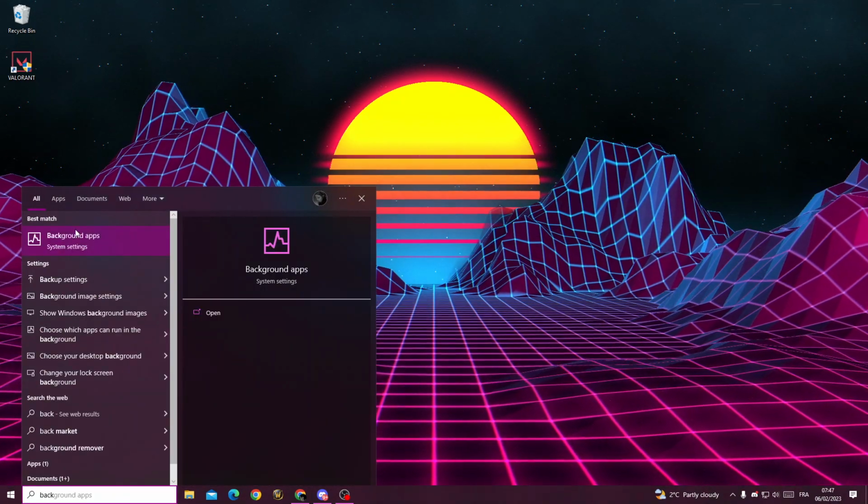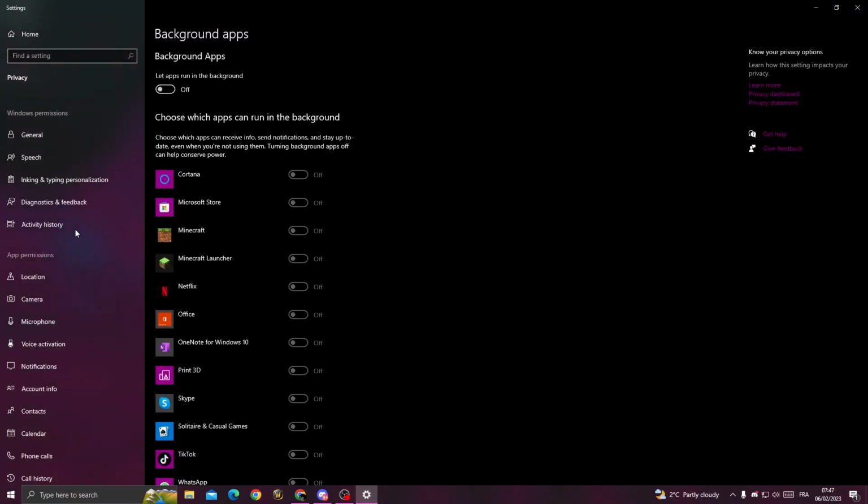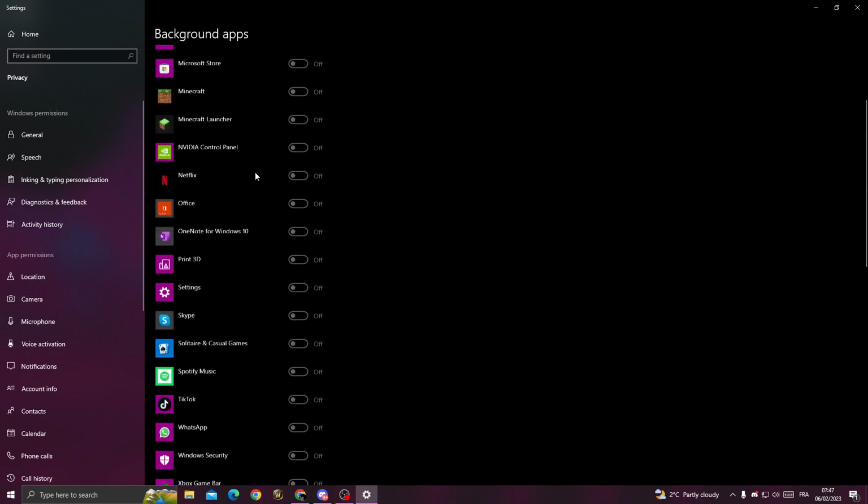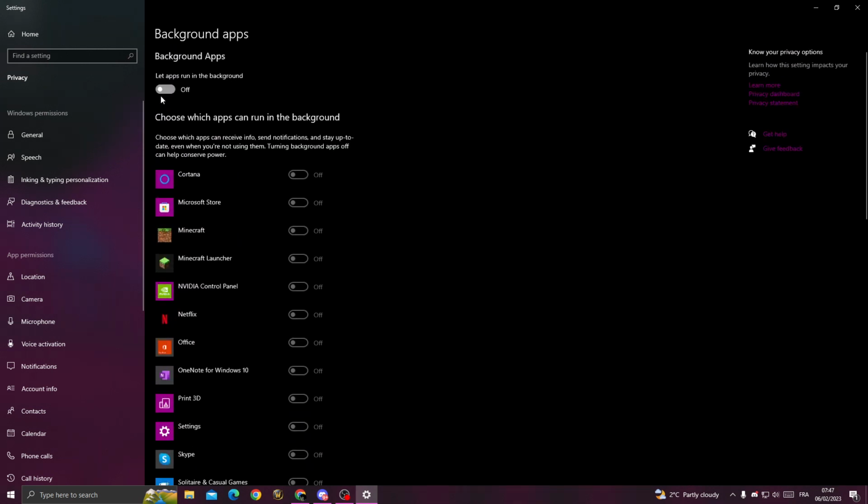background apps, and now just turn off background apps, and then turn off all those applications just by turning off the first option, and after that go back,